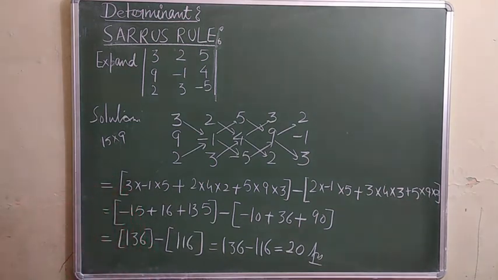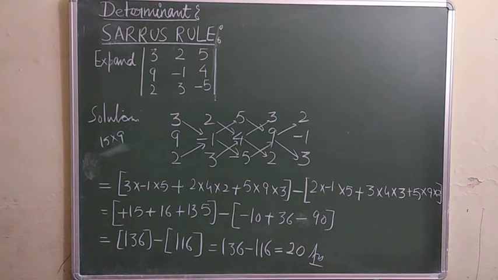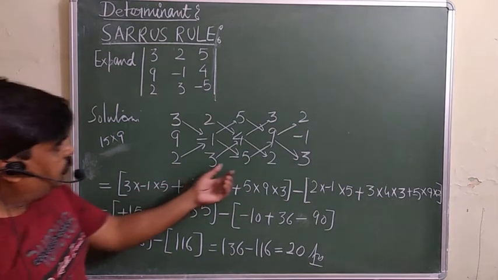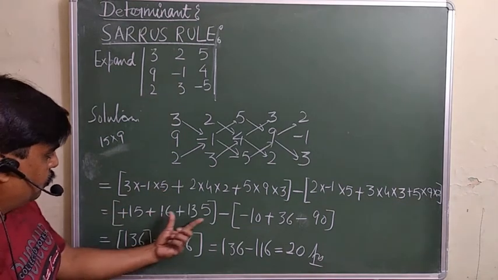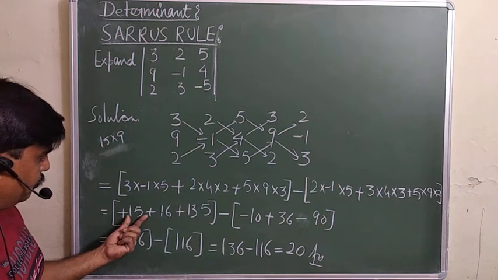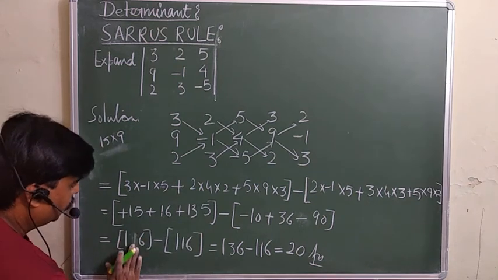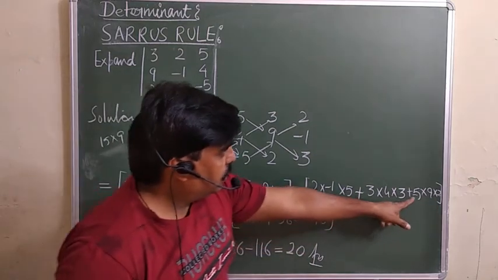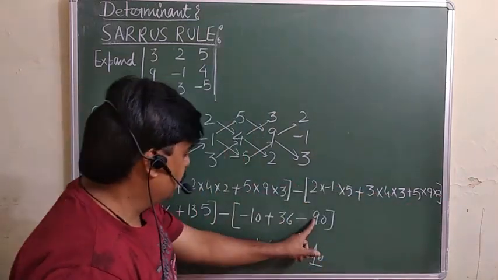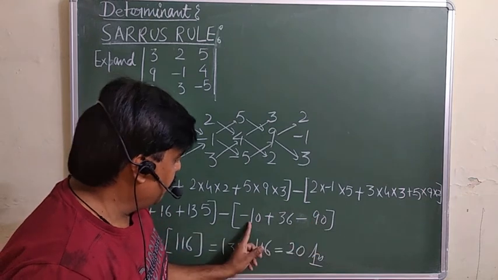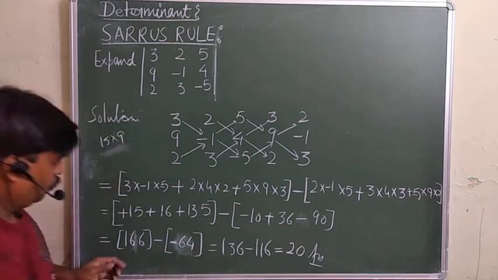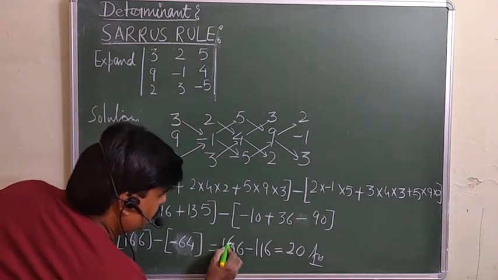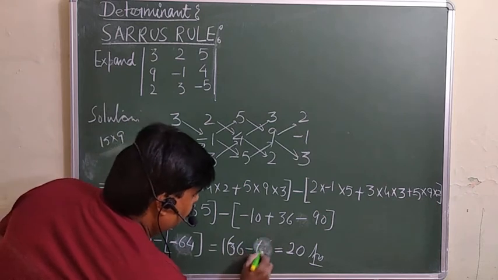Have a look. See, here is the minus 5 is there. Actually here is the minus, so you will multiply this one, it will be plus 15. So this will be 135 and 15, 150. So this is 166. And here is also minus 5 into, you will do, so that is minus 100. So minus 90, minus 10, minus 100. So you will get here minus 64. So you will add this one, so it will be 166 plus 64.